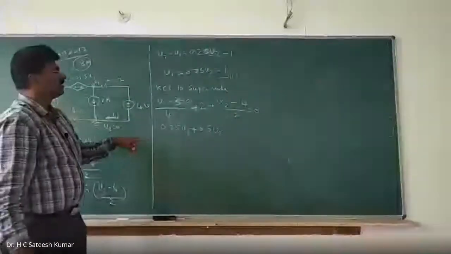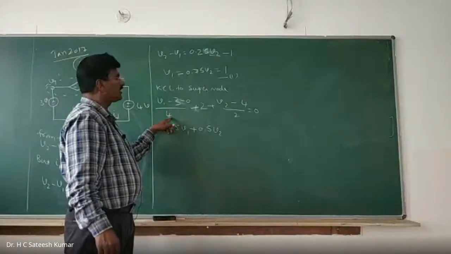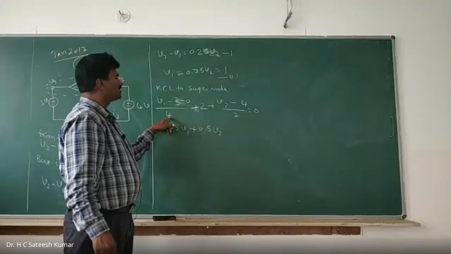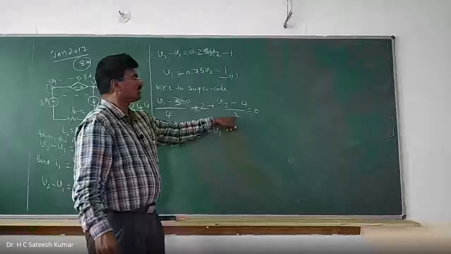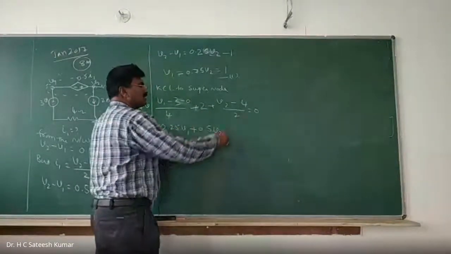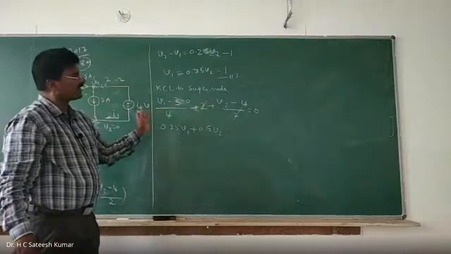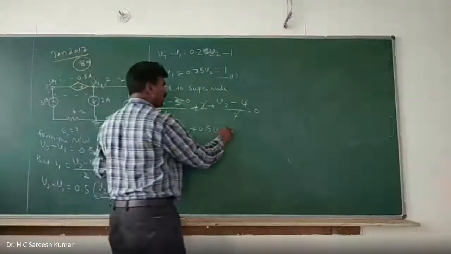Okay, right. How will you do that? So minus 3 by 4. Minus 3 by 4 is 0.75. Minus 0.75. And this is what? Minus 2. And this is plus 2. So therefore, what will you get? This minus 2 and plus 2 gets cancelled. So 0.75 you will get. Transfer to right hand side, plus 0.75.